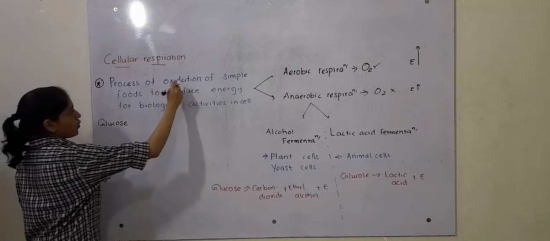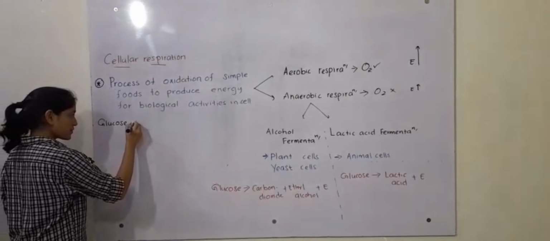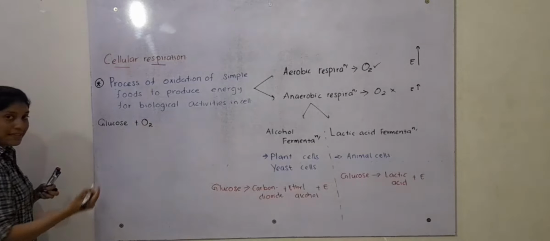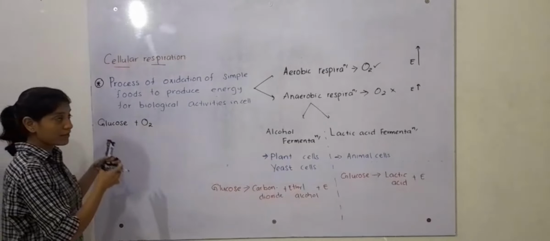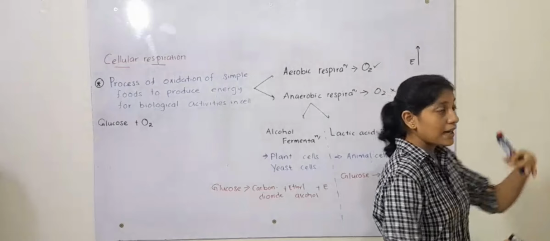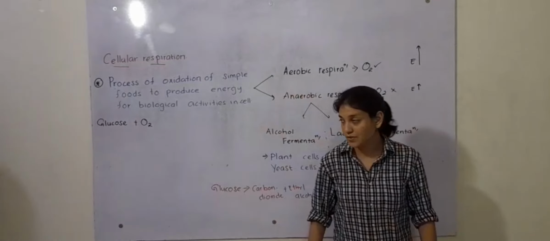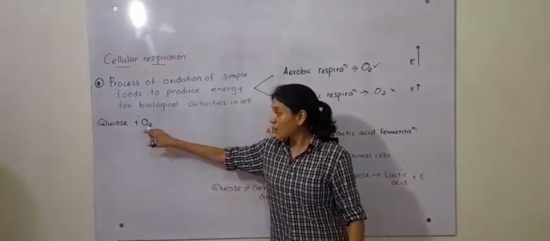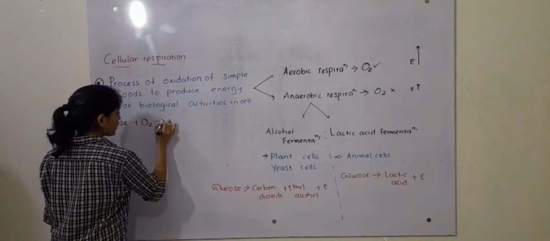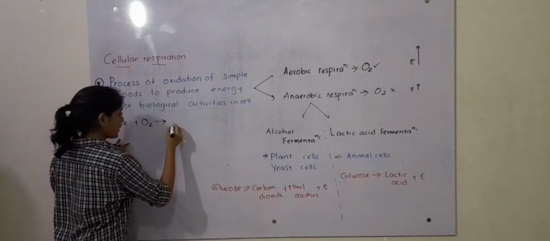Okay, so oxidation of simple foods means this glucose is going to combine with oxygen. In the previous step, when the gas is exchanged between the alveoli and the blood capillaries, I showed you that the oxygen will diffuse into the blood capillaries. So the glucose molecules will react with the oxygen present in the blood capillaries, and it will produce carbon dioxide,